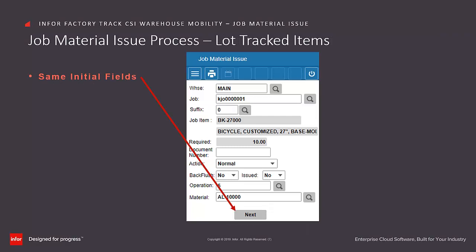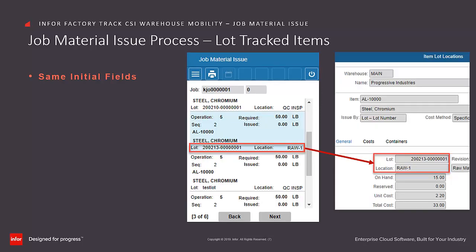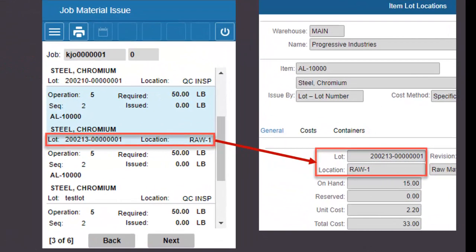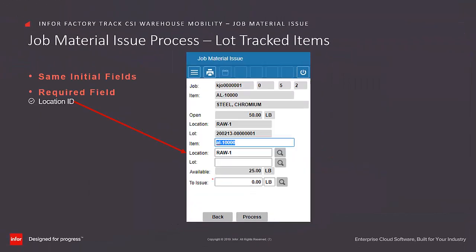If the item is lot controlled, a similar process is used with additional lot-specific fields. After completing the initial entry form, the application displays a form to capture and process this specific lot information. The job material issue item lot selection screen is displayed. Each record additionally displays the individual lot locations available for the item. Once you select your record and click on Next, the job material issue processing form is displayed